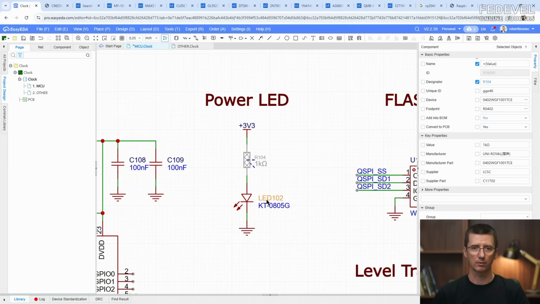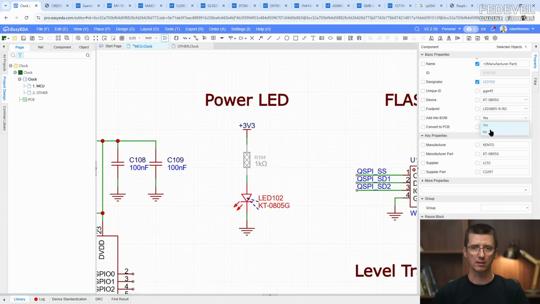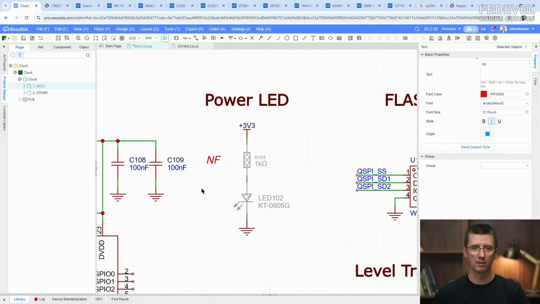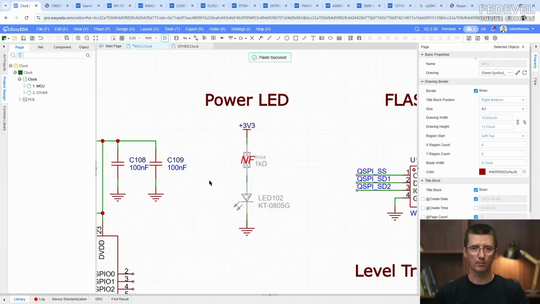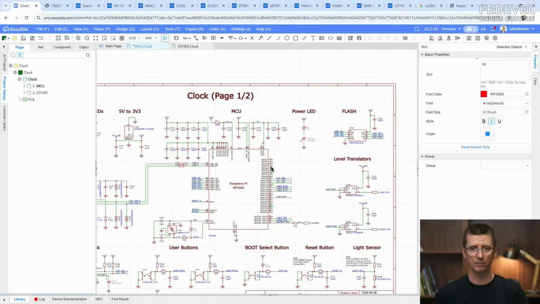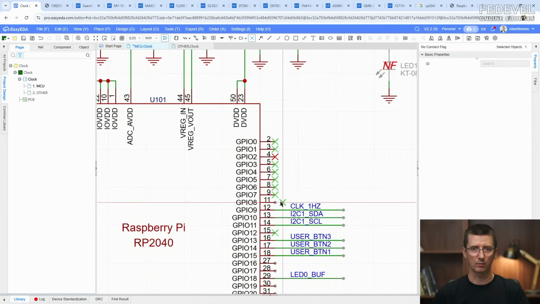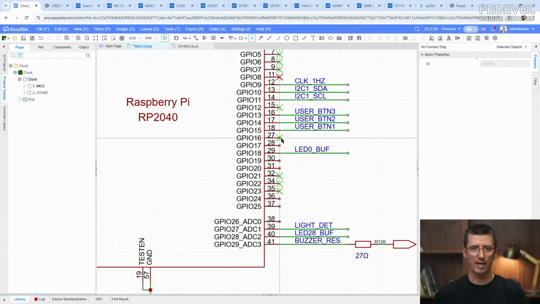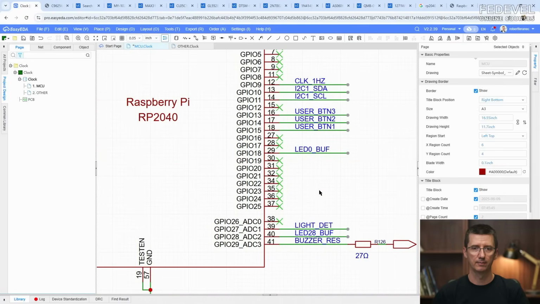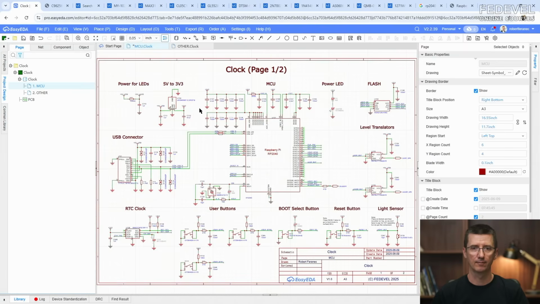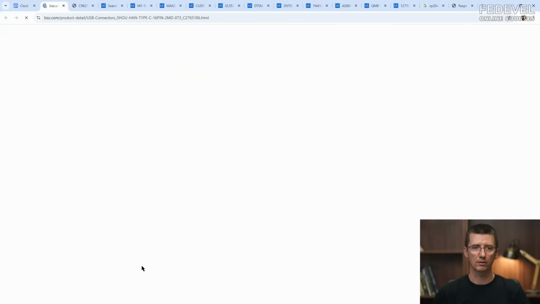I'm going to unfit also this, because this power LED is not really needed when you use the clock. This is more like for debugging. And I'm going to mark all these other pins as unconnected. Perfect. Now this USB connector, if we have a look on this one,